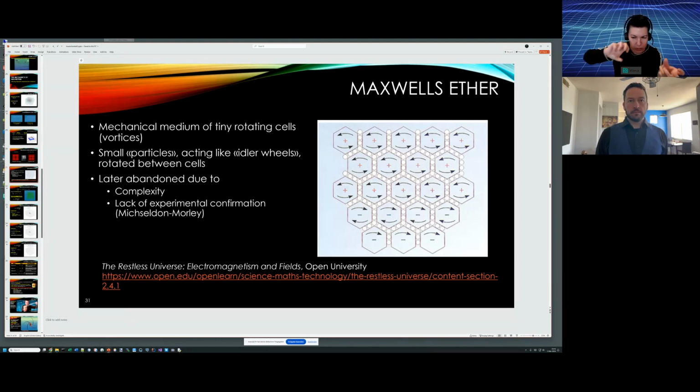He had these wheels rotating, and of course, this was kind of complex. What are these wheels? What are these little balls and all that? But the idea is still that he did assume there must be something there in the universe, something that is rotating. So he was thinking that the magnetic field has to do something with rotation, right? So now when we think about that, what we just talked about,